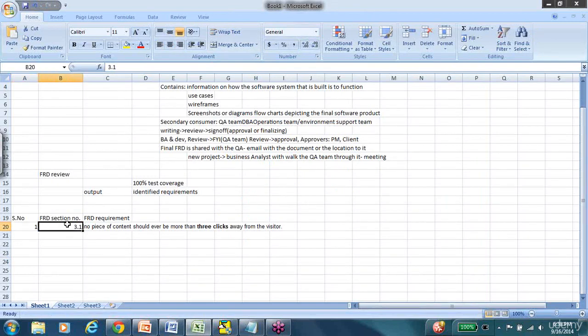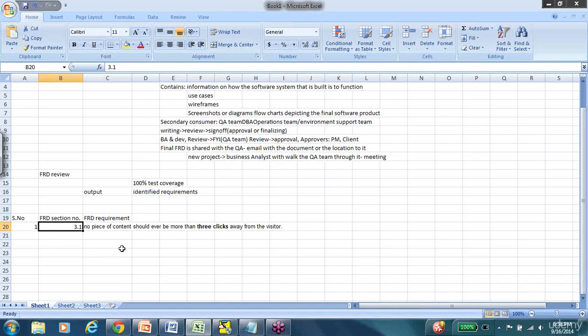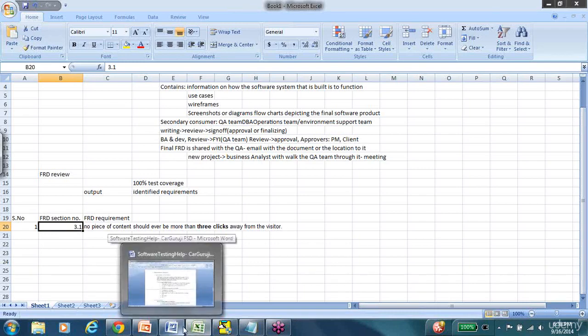The reason why I incorporate this is because, normally I wouldn't want to go back to the FRD and reread something one more time. But what if I have to? In a 100 pages document, if say I picked up on some particular requirement and I want to go back and read and get additional clarity on it, I should have a mechanism, something that will help me go back